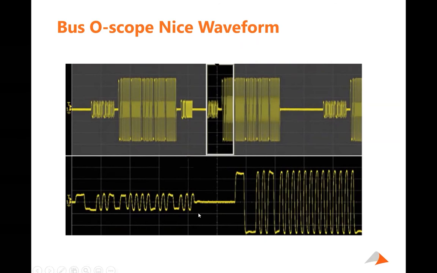It won't look this nice on most. If you're working on an aircraft, it's pretty rare that you'll see it look this nice on an aircraft or an older bus. You'll see a lot of tail off, a lot of jaggedness there. The waveform's not near this pretty. It will be jagged and could come down like that, and it'll get kind of messy. But it's good to know what a gold waveform looks like,